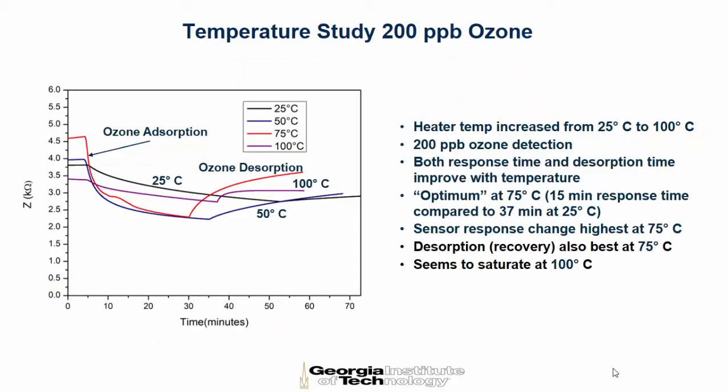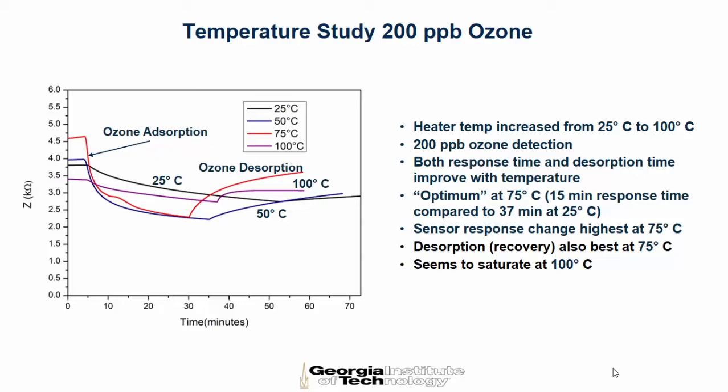So these are the results. First, we study the temperature sensitivity. At room temperature, you get this response, the black line. It is very, very slow. And when we remove the gas and put in dry air, it tries to go back up. So this is our baseline, and then ozone, and then it tries to go back up, but it is very, very slow. So then we started looking at temperature, to see if we can increase the speed of the response